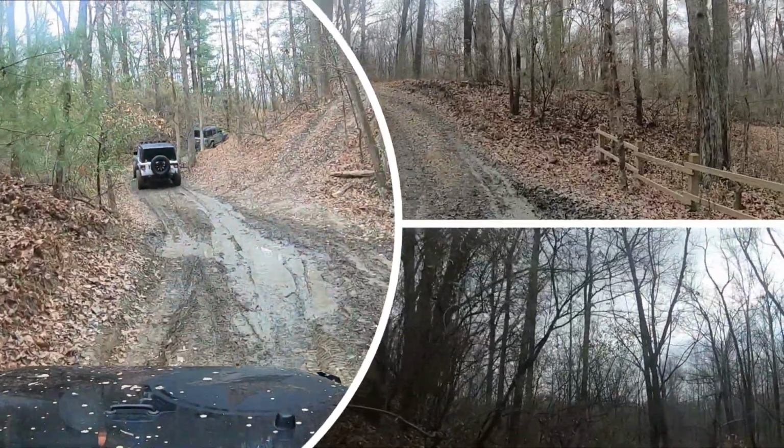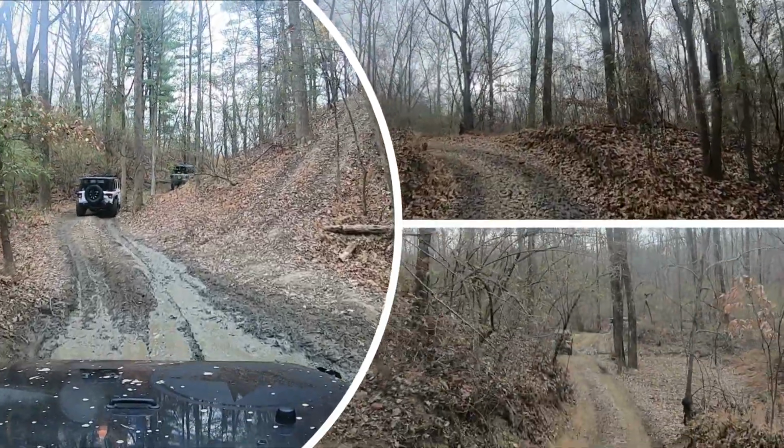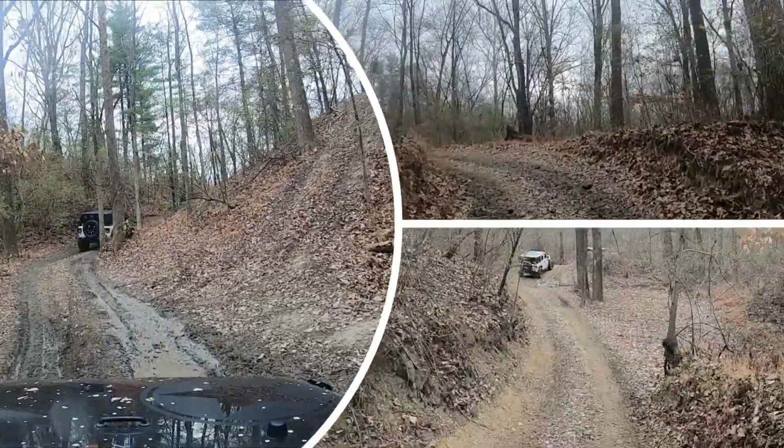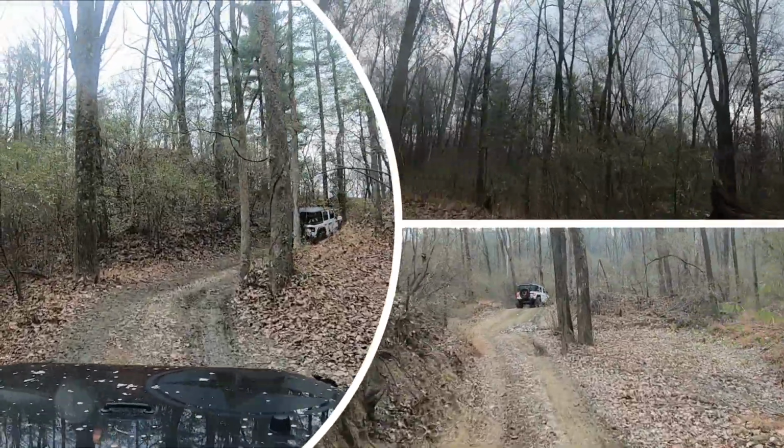It's not a huge park. It's intricate as hell. I know, in case you decided